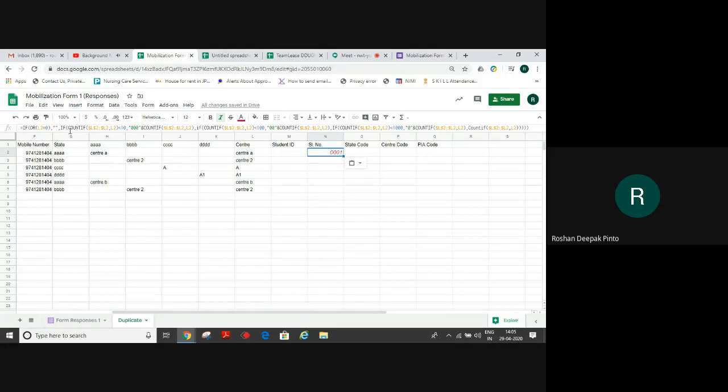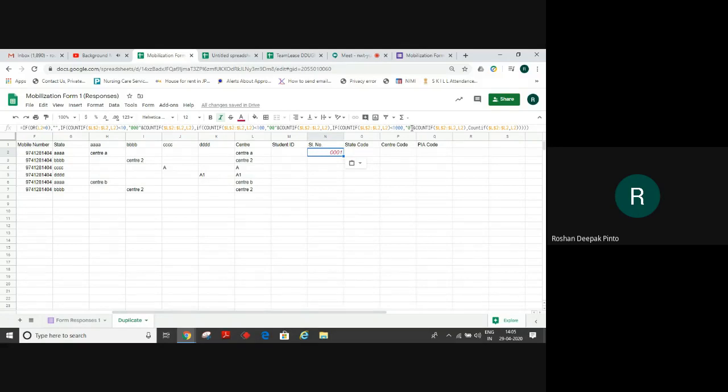Now you can see here we have used COUNTIF. What it will do is, as soon as the number is greater than 10, it will drop one 0. As soon as it is greater than 100, it will drop one more 0. Finally, if it is greater than 1000, it will drop one 0. It will come to only one 0. Once it touches 1000, then it will count 1001, 1002, 1003, and so on and so forth.